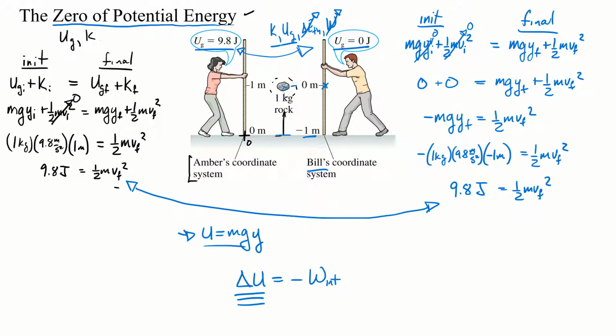So we could have made our origin 100 feet off the ground, and it wouldn't have made a difference, because when we did the change, both Bill and Amber's coordinate systems would have that same 100. And when you did the difference between the start and end points, those would just cancel out. But the point is, there's a few points here. One is the zero of the potential energy is arbitrary. You can pick it anywhere you want and it won't change any physical result of the system, because what we're really interested in is changes in potential energy, not the value of potential energy at any given point.